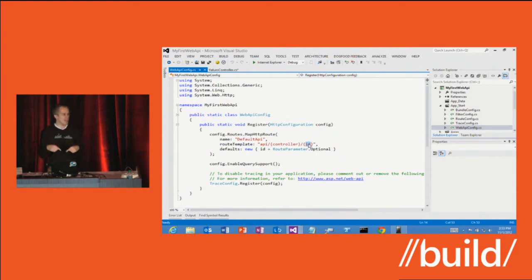If you wanted to add a route that has a curly brace action route variable in it, and you want to dispatch based off of that string, that will work. We support it, but we recommend you probably shouldn't mix and match them. They don't mix particularly well. Either go HTTP or go action-based dispatch, but don't try and do both at the same time. It doesn't quite work. But in general, as you can see, we tried to encourage you to use HTTP as it was intended. Use it in a resource-centric way. That's why you don't see any action variable. So we'll take this controller variable. We'll find the controller. So that means if I run this,